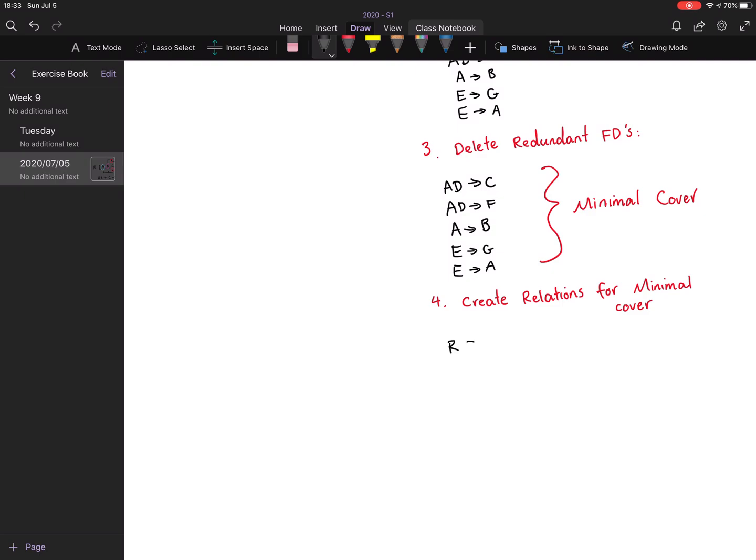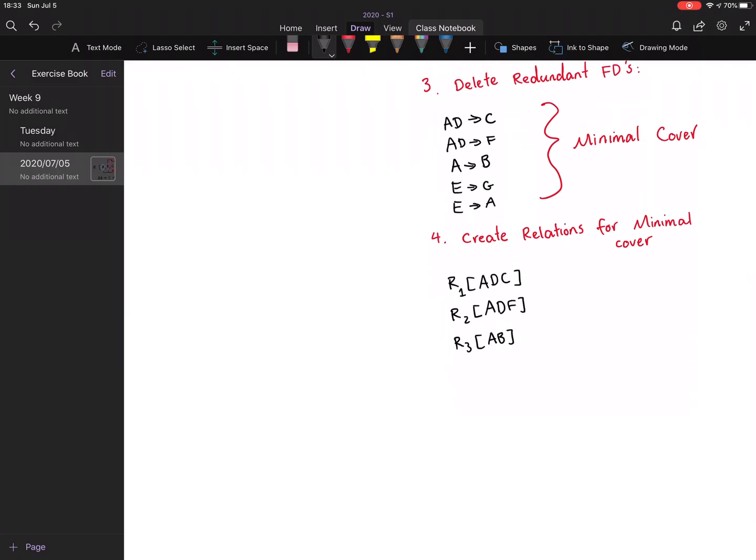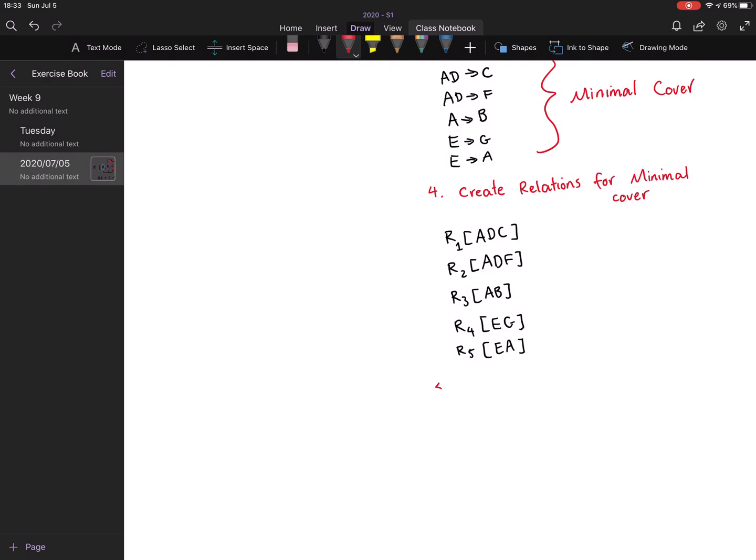So we have our relation 1, ADC. We have relation 2, ADF. We have relation 3, AB. We have relation 4, EG. We have relation 5, EA. And we have those. And step 5 is to